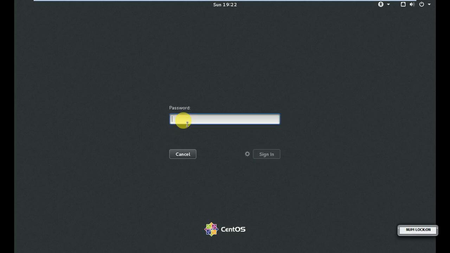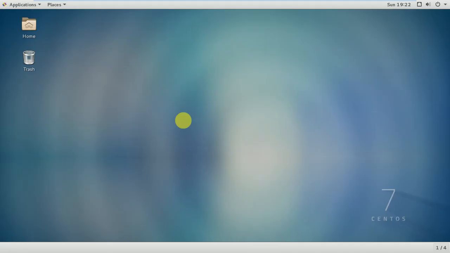The password, you know that, CentOS 7, enter. Yes, and this is the login page of CentOS 7, and after login we see this is the home screen and everything.